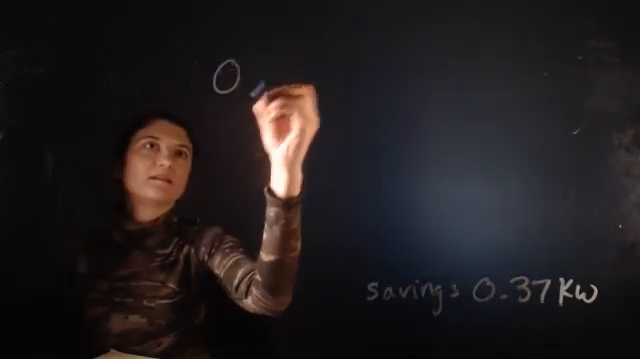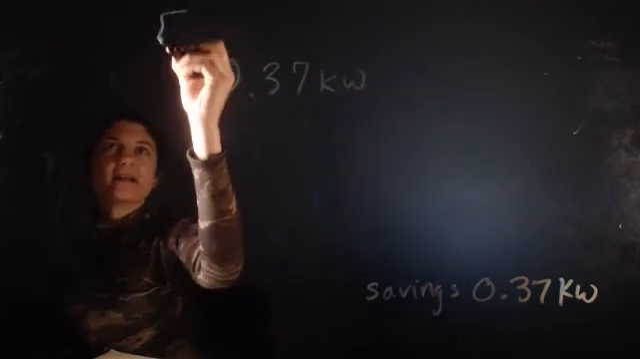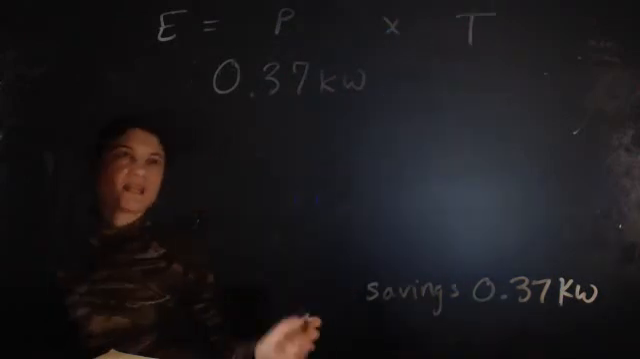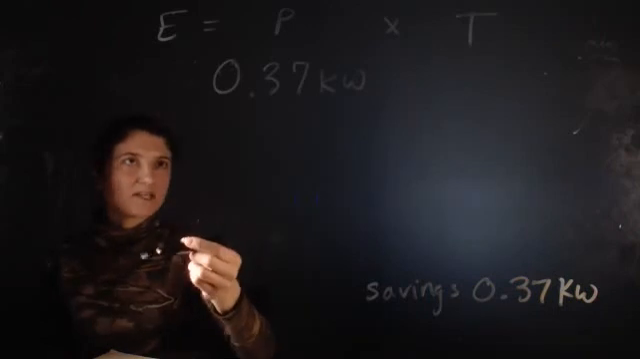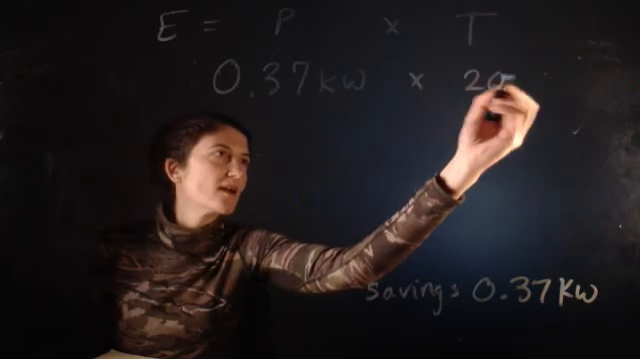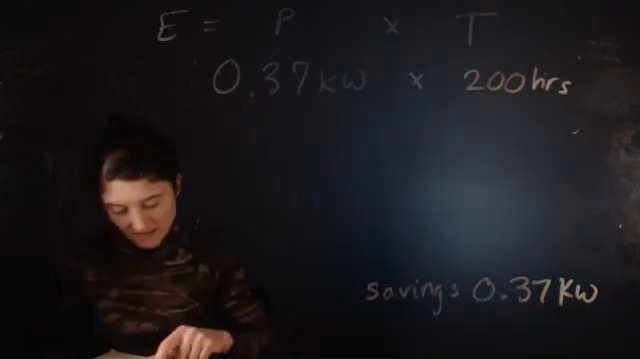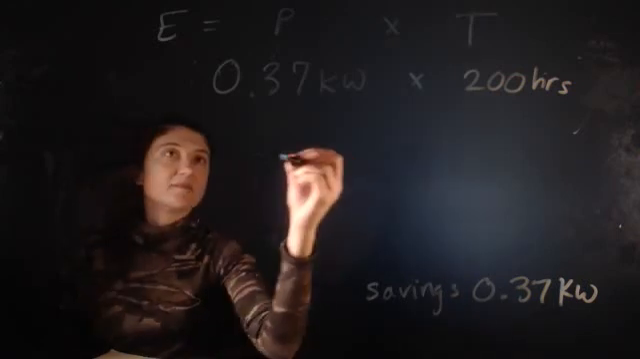So again, we have a 0.37 kW saved. And we know that energy equals power times time. So we can calculate, if we know the time, how much energy in kWh will be saved. So let's say that this rope tow runs about 200 hours per season. And if we multiply 0.37 times 200, we'll end up saving